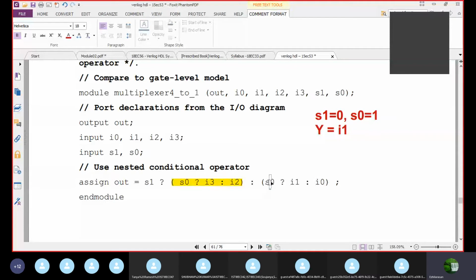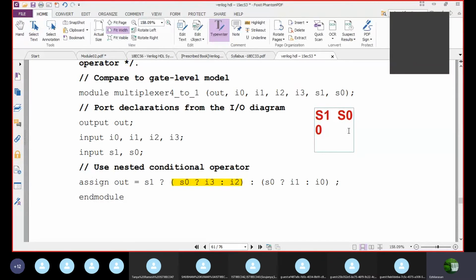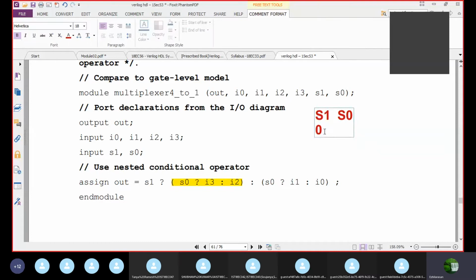So here, in the truth table, we kept S1, S0: 0, 0; 0, 1; 1, 0; 1, 1.